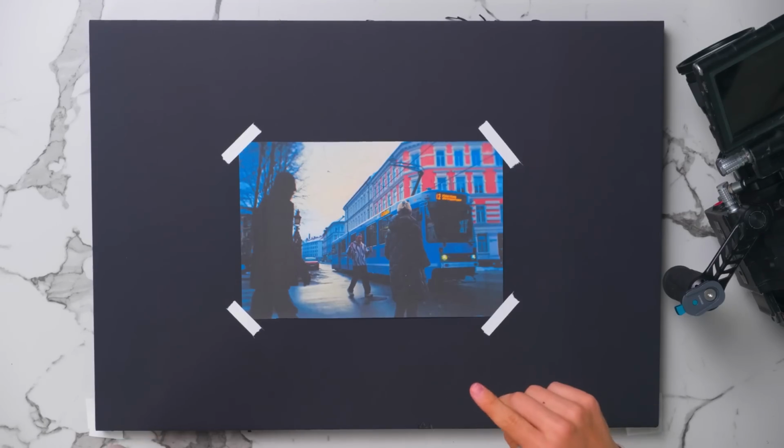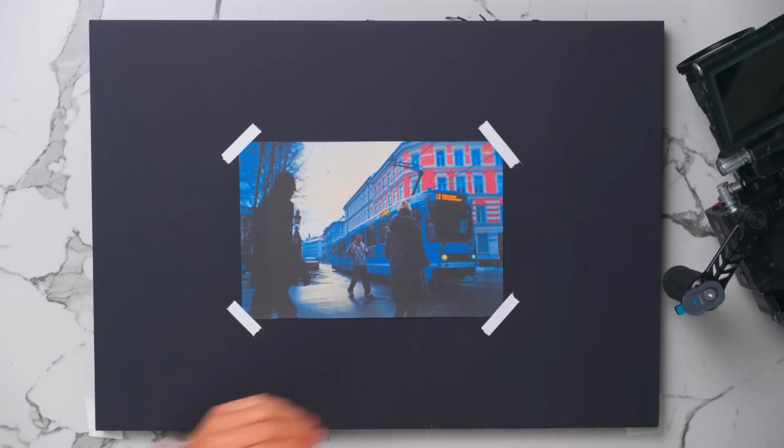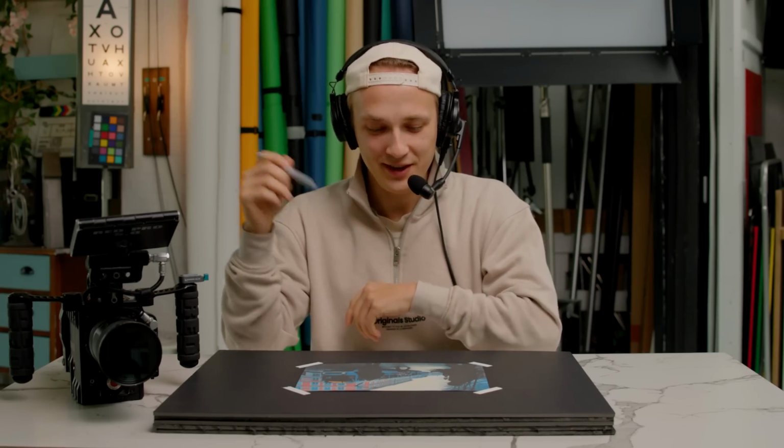The first thing to notice is that this is shot on a tripod. And the only way to do this shot is to shoot it on a tripod, because if you had the camera moving, it would be impossible to match up the movement between the tram and the people walking and me. I actually shot this twice because it was sunny the first day I tried it,